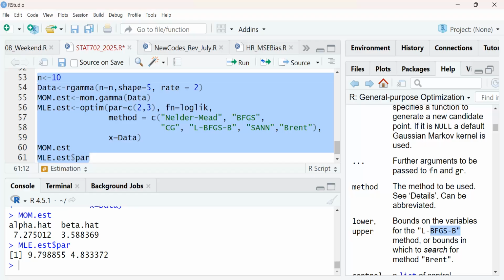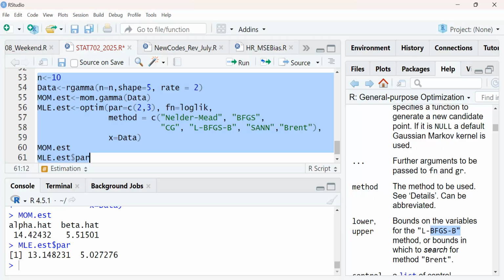So see, I also generated, look at it. Mom estimate is 7.29, beta is 3.5. Look at the MLE estimate, way off. Is that okay? So when the sample size is small, 5.6, now it's doing a bit better. So you can increase it. This one is on average. Each time we do it, there may be some new results, but it's usually unstable if n is small.